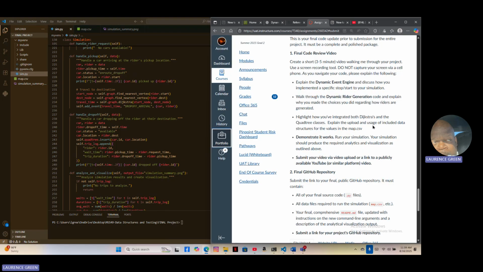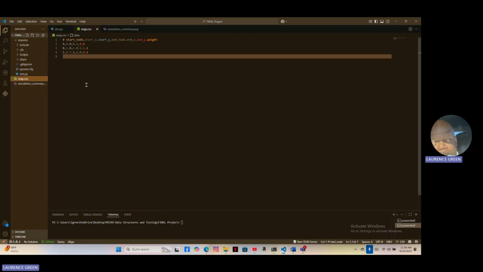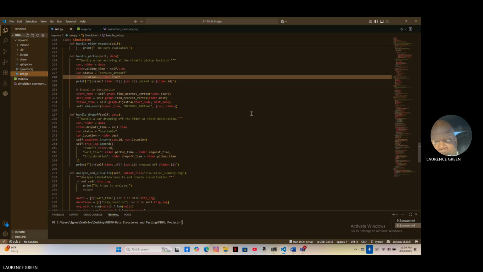Highlight the integrated Dijkstra and quad tree classes. Display it, and show the usage of the data structures. Okay, so I'm going to show you that. So this is the map, the map SVC. This is the FCC map. These are the coordinates for that. And then in the program, for the Dijkstra program, we came up